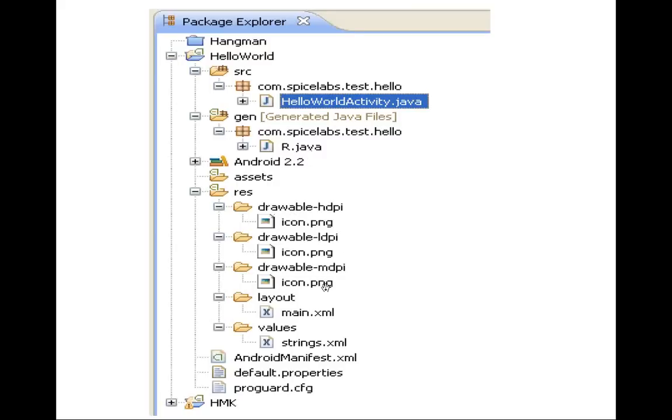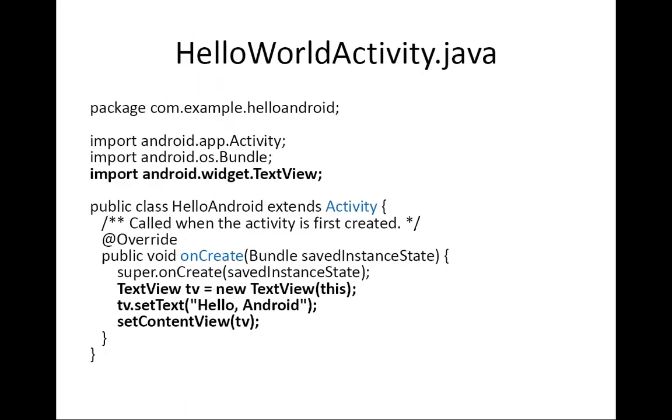Resources, except for the icons, there's nothing much here. There is a layout definition that gets created, and there are some constants and values that are put into the strings file. And there is one important file beyond our Hello World activity, which is the Android manifest file that gets created. And we just look at these concepts and files in some detail.